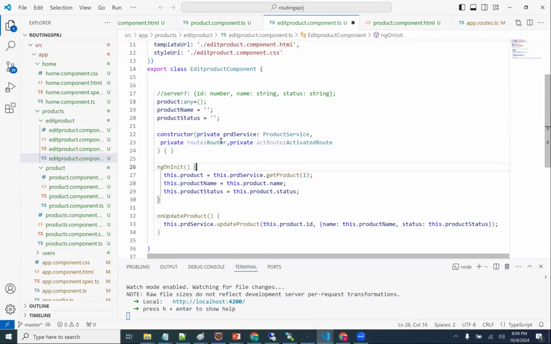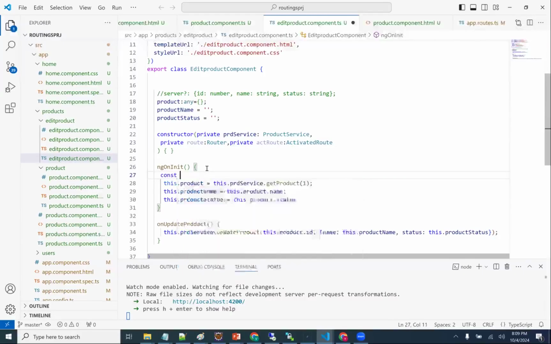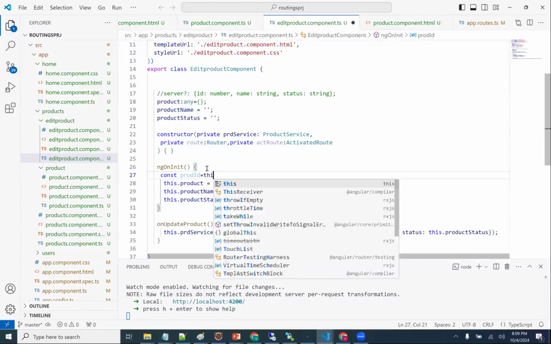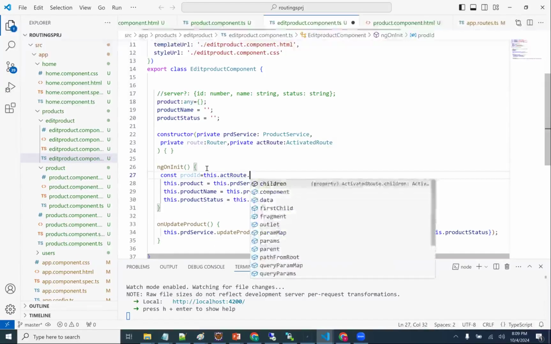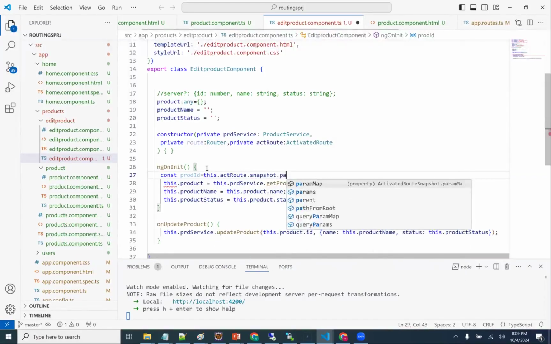What is a router? Router is a router module. Activated route is a current snapshot. The current URL it is going to have here. Now, inside that constant prodID, just like the code I wrote earlier, this.activatedRoute.snapshot.params of